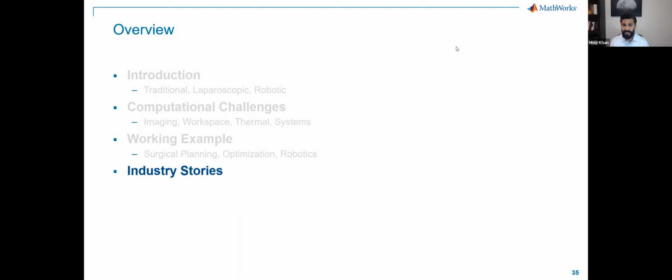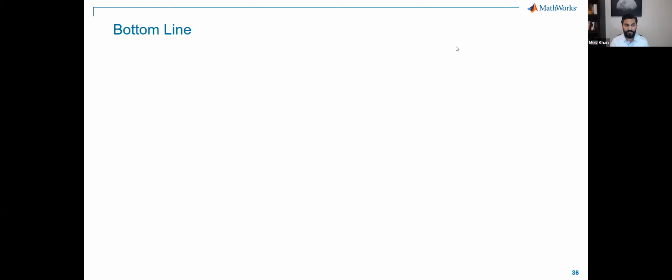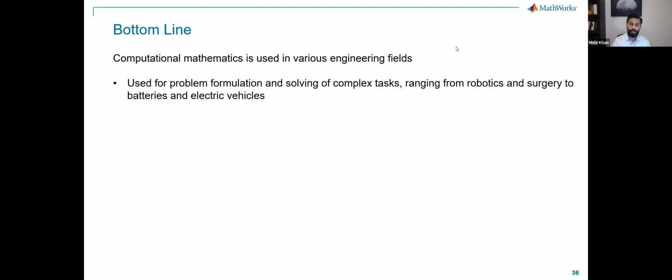So in my final section, I will talk about some of the industry stories, things that have actually happened in the industry using some of these type of tools. So I want to first leave you with a bottom line here, right? Computational mathematics can really be used in various engineering fields, right? So you can use it to solve or formulate really complex problems, ranging from robotics and surgery to batteries